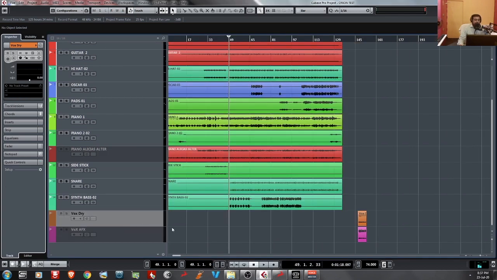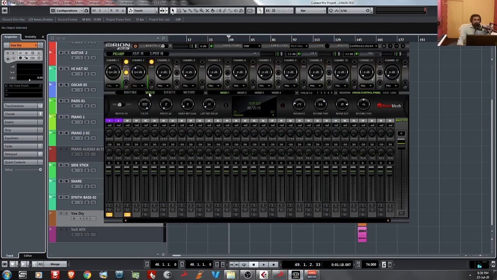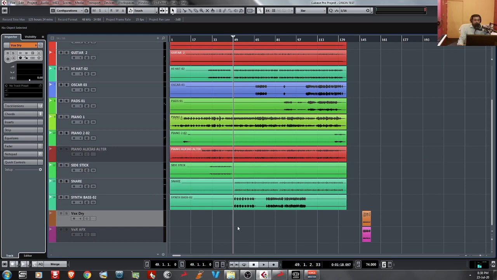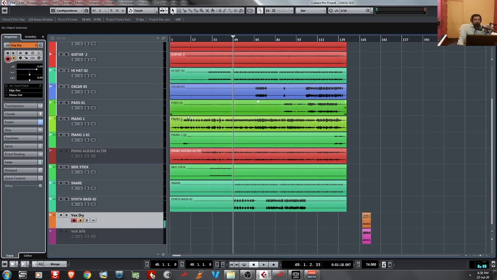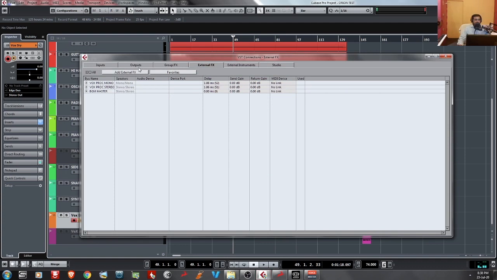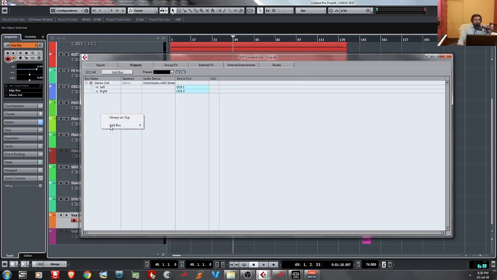Next we will check how to send the vocal track to the Antelope Reverb. Antelope has a reverb inside its mixer channel 1, so that you can use that reverb is called Aura Verb. You can use during recording or tracking or mixing, etc. So now we are sending our vocal track to Aura Verb. I am enabling this microphone channel. Okay, I am going to F4 VST connections. In the outputs I am creating another bus. I am creating a stereo bus here.